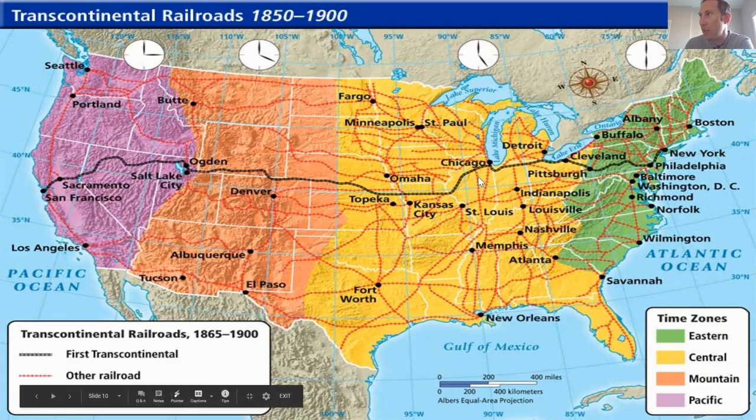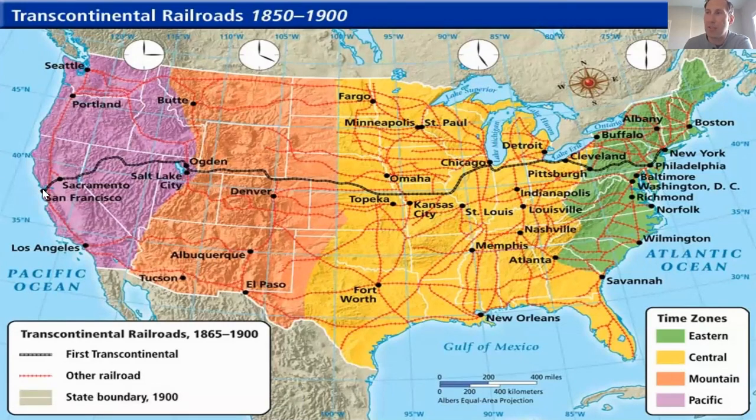The first transcontinental railroad is this one that links Chicago to San Francisco. Part of the railroad was built from San Francisco eastward, and another part was being built from the east to the west. They met up near Salt Lake City, and in 1869 we had a connection for the first time between the West Coast and the East Coast, using railroad technology that could speed up transportation significantly. We went from months to get out west to just days. That's going to lead to a massive migration, not only to take advantage of the Homestead Act, but also